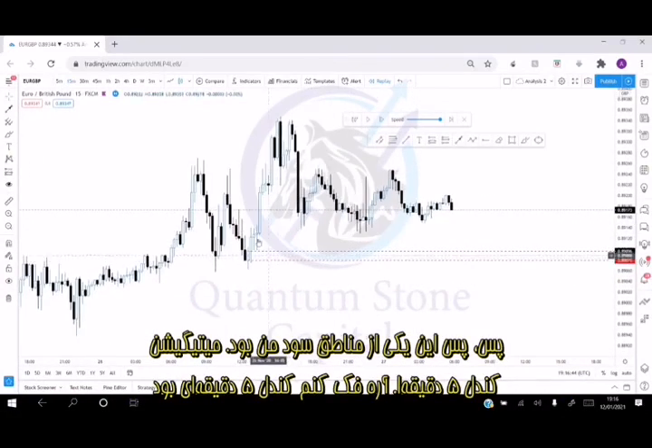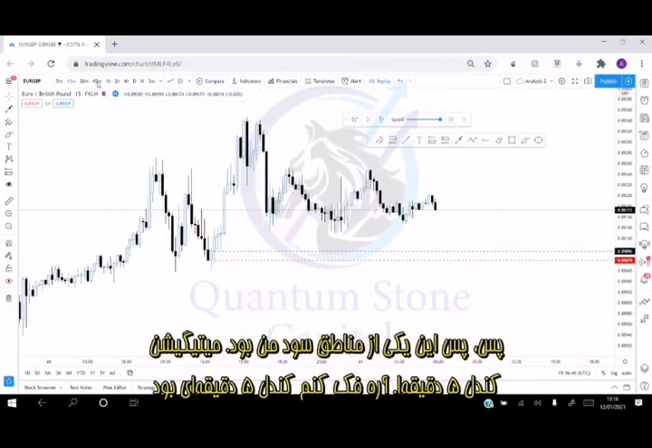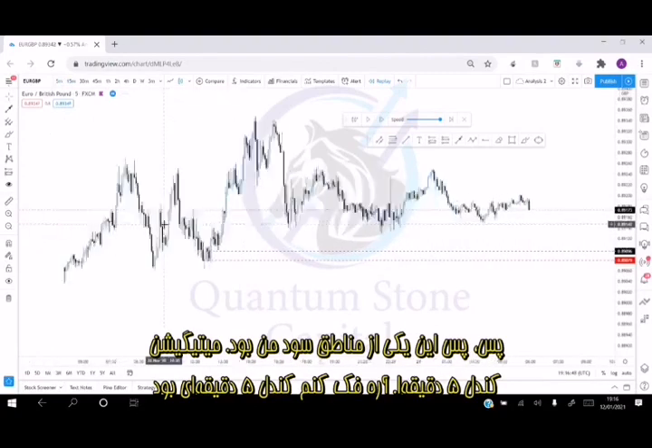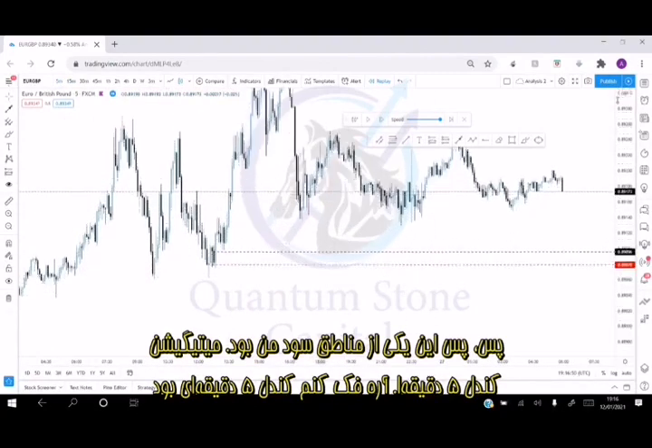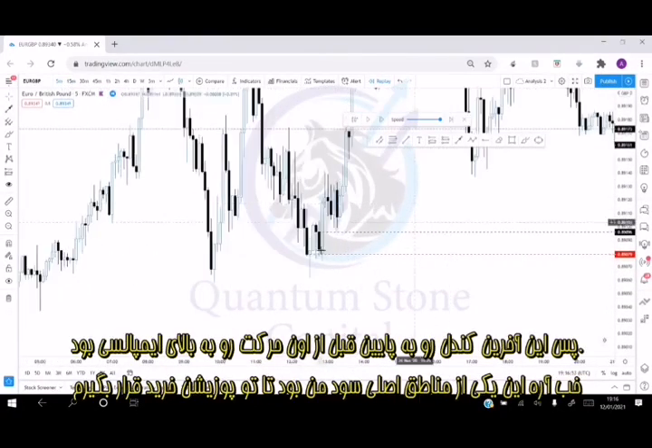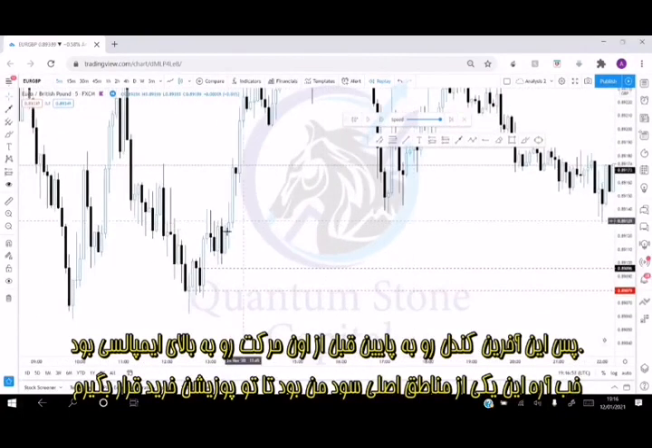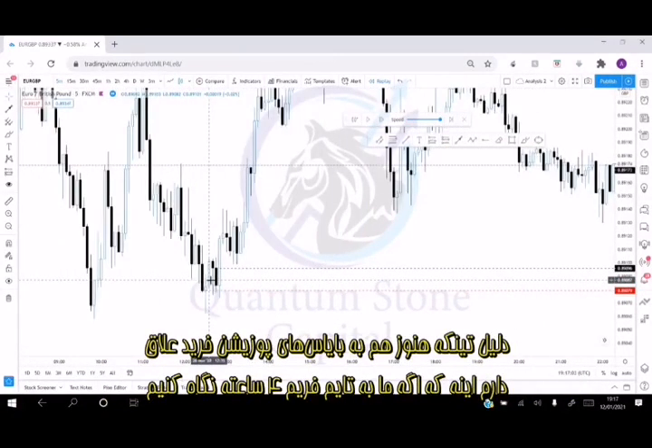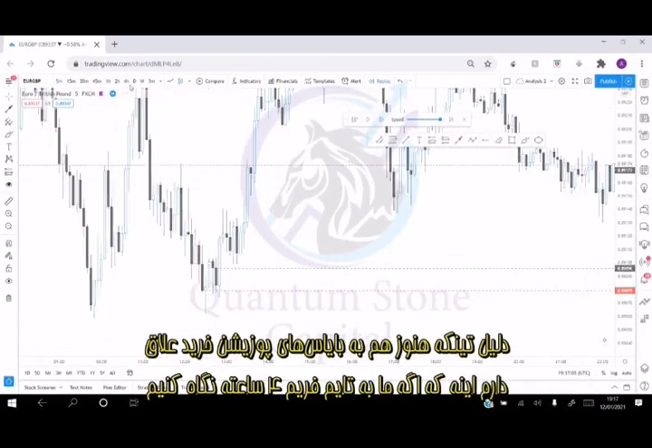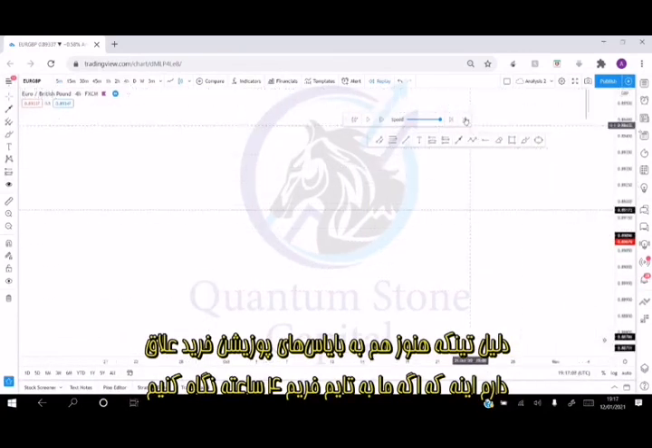So this is one of my areas of interest, a mitigation of the 5-minute candle, I believe. So this was the last down candle before that impulsive move up. So yeah, that's one of my main areas of interest for us to go long. And the reason I'm still favoring a long bias is because if we look at the 4-hour time frame,